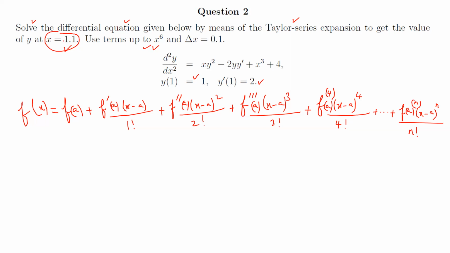There are consecutive derivatives we need to actually evaluate, evaluated at a series of these values, and we shall determine that. But first things first, I will say we observe that this expression we've written here,